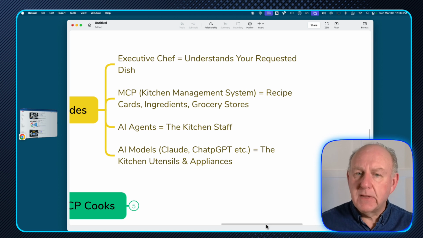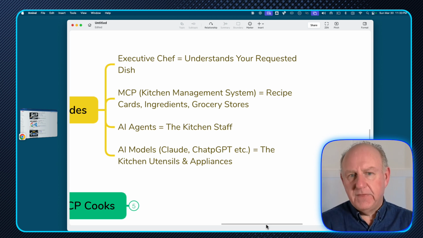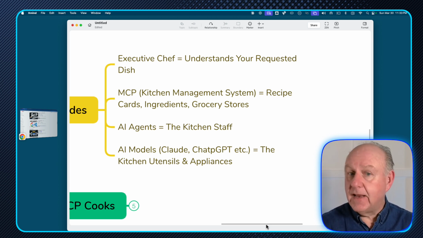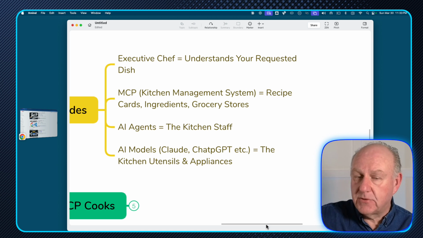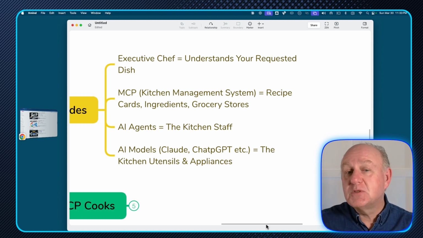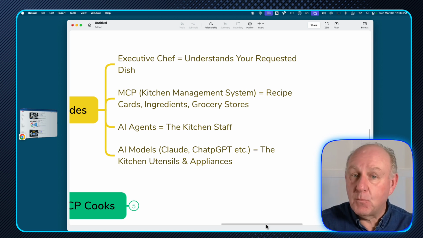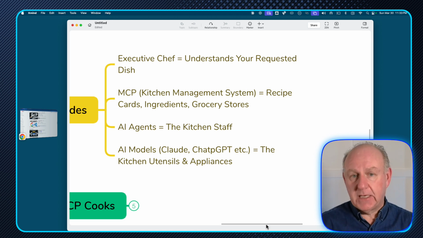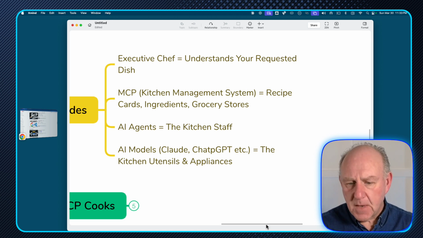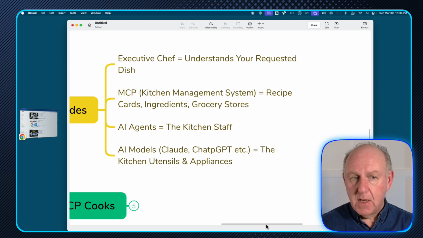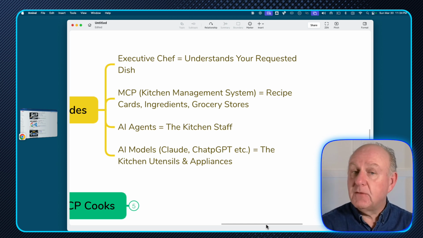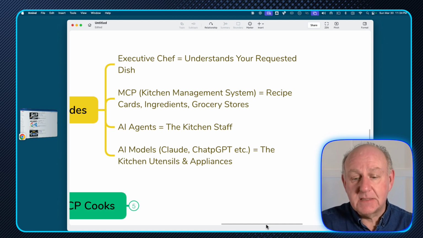And it also knows where the grocery stores are. So if it's in your pantry, it knows it's there. And if it's in someone else's pantry, it knows what grocery store to go to get it and what amount it needs from those particular grocery stores. So MCP is a kitchen management system. So we've got MCP's kitchen, we've got a head chef, we've got this kitchen management system, and then after that,